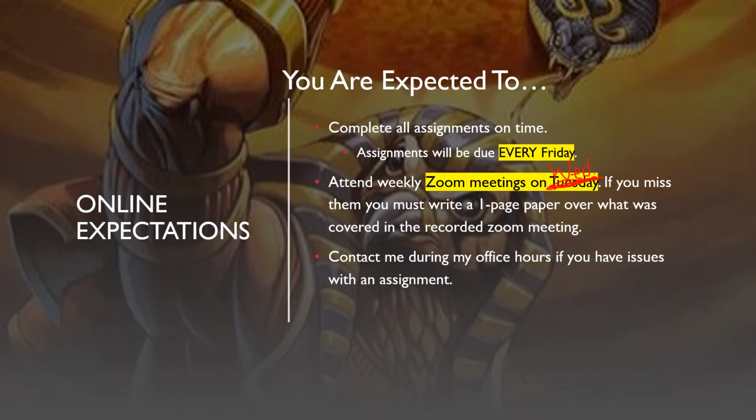If for some reason you miss a Zoom meeting, which I would prefer that you are there, because this will be a time when we are all able to come together as a class and discuss whatever it is that we're working on. If you have questions, you'll be able to ask questions. And this is really a time where we can interact with each other. However, if you cannot make this weekly Zoom meeting, which is every Wednesday between 9 and 10 a.m., which is our class times basically,